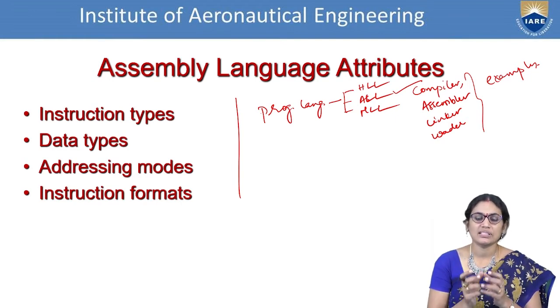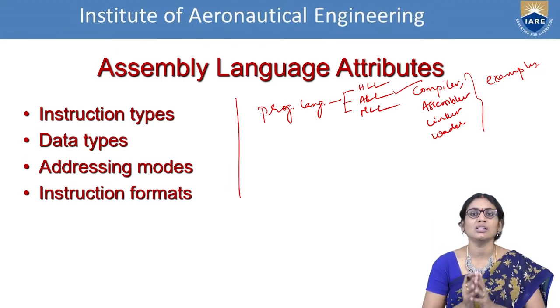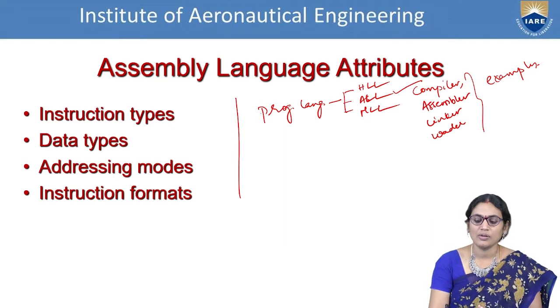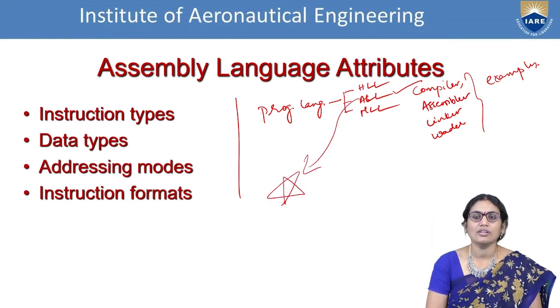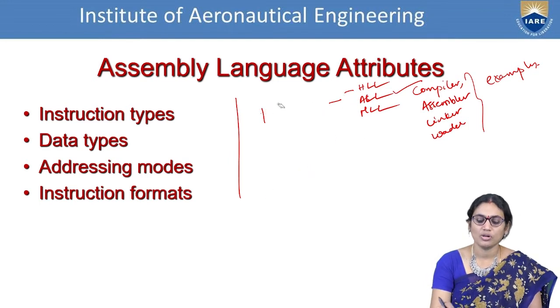If I am writing some statement, what is the meaning of that statement? First, I need to interpret that. I need to understand that. I need to convey that message to the machine language so that it can provide the information based on the user's request. So in one way, we are saying that assembly language is playing the key role in handling the operations of the interaction between the end user as well as the machine notations. So we are going to see in this particular aspect what is the importance of assembly language instructions.